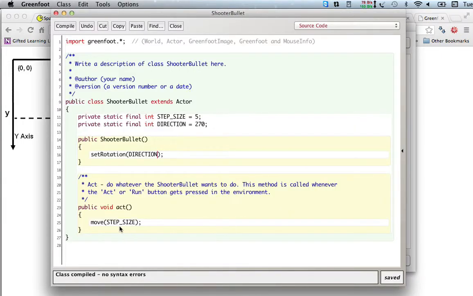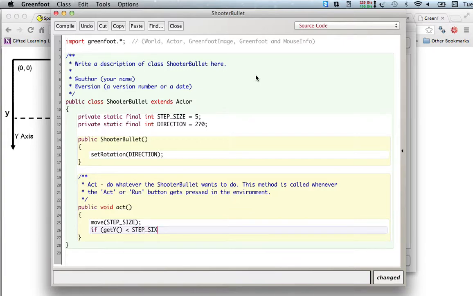So what we can do is every time after we move, we can just check and see if we're at the top of the screen. And if we are, we just remove ourselves. So let's say if get y is less than step size. How about that? Then